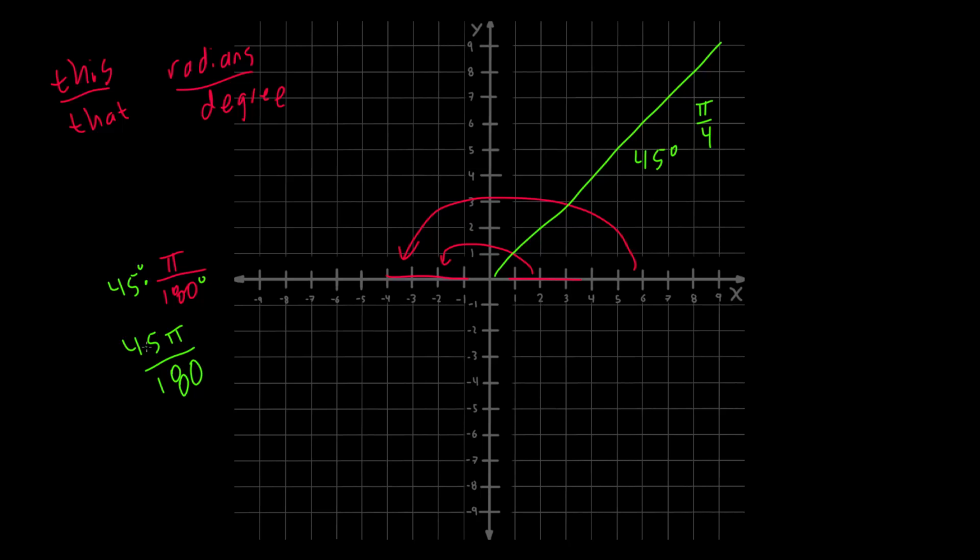And then how can we reduce this? Because this is not a reduced fraction here. So how many 45s are there in 180? Well, there's one of them, two of them, now we're at 90, three of them, and four of them. So now this will cancel, this will move, and now we're at,